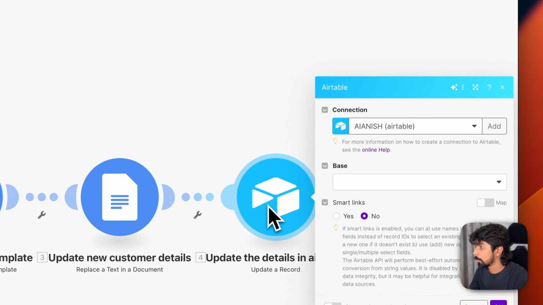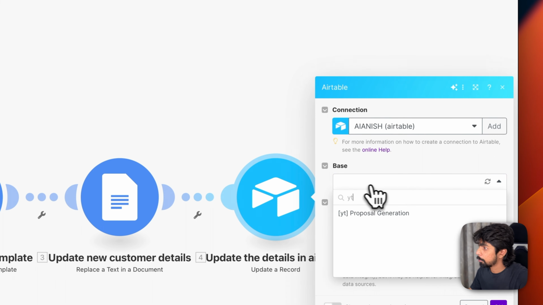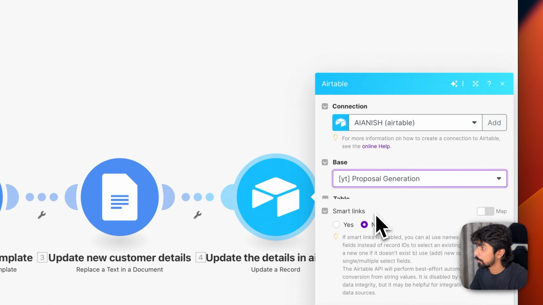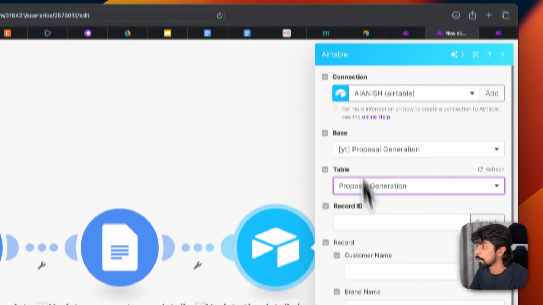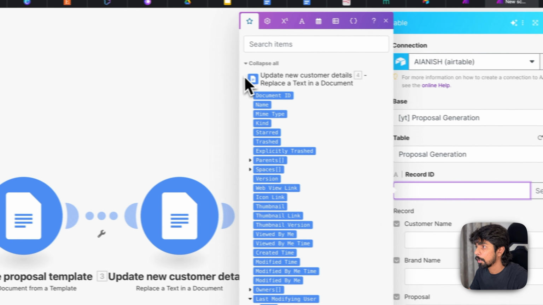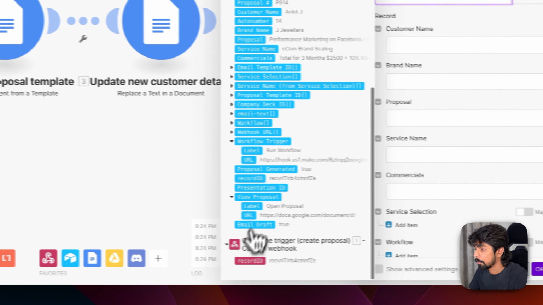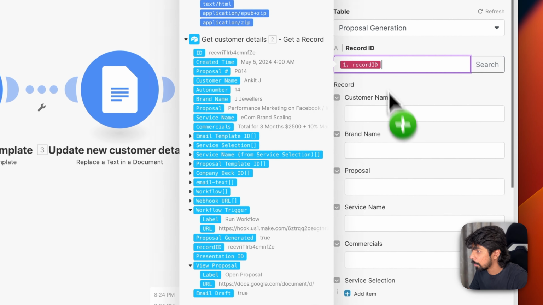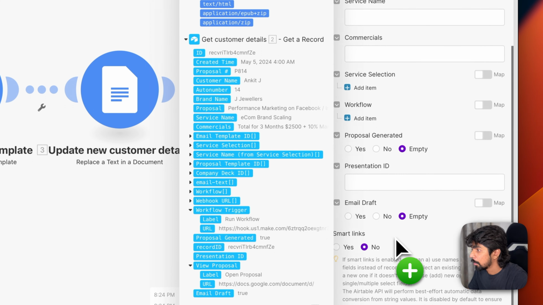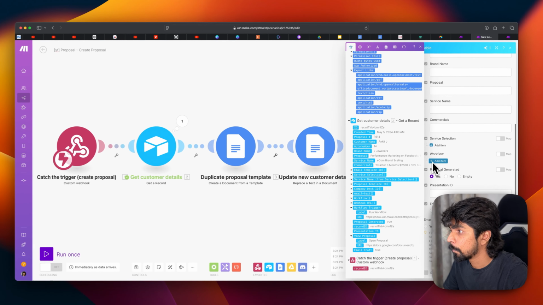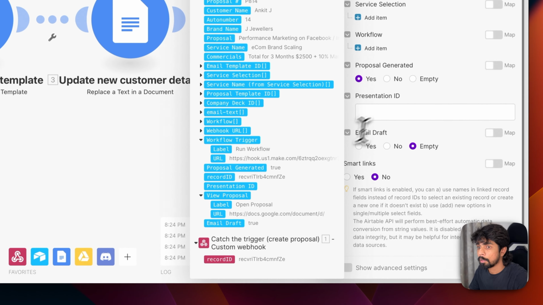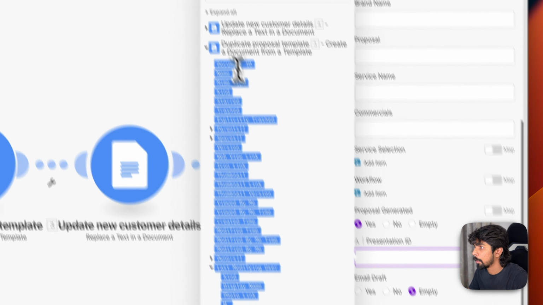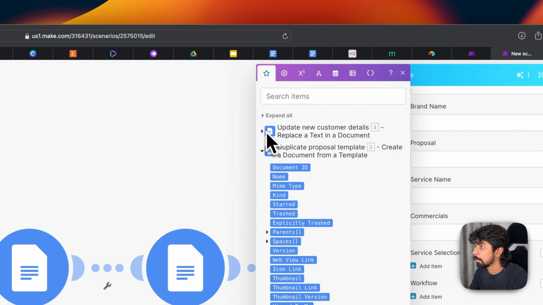So we have the base as proposal generation, and then we need to replace it with the, okay, we have the record ID, which is this. Okay, and we need to replace the part that proposal is generated, yes, and then we need to add the end proposal,